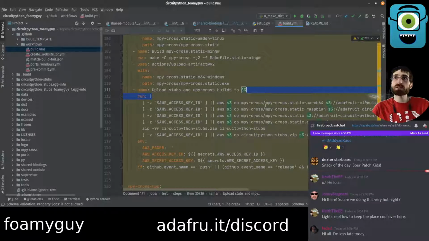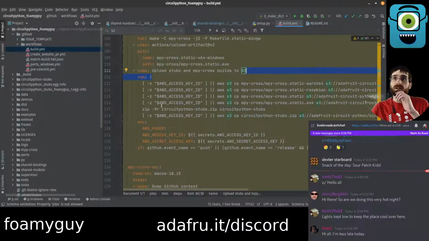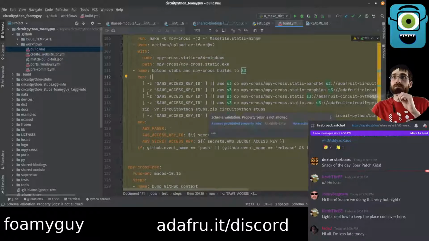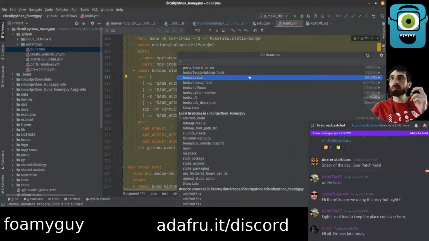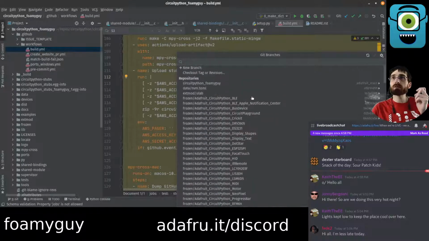Upload stubs and mpy-cross to PyPI. So this action here is going to build the stubs, or well, they get built further up. One of the previous actions builds them. This one does go ahead and do the actual posting, although this is not the right branch, right? We're on the main branch here. We want to go